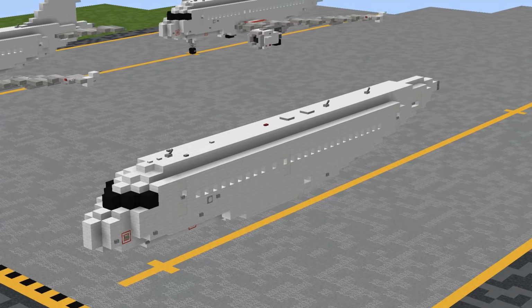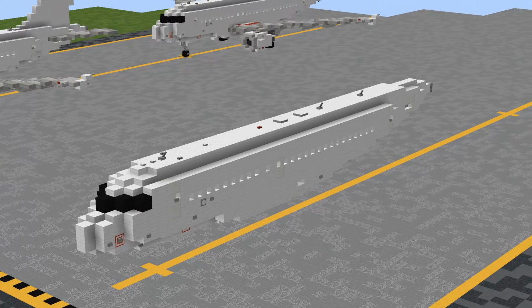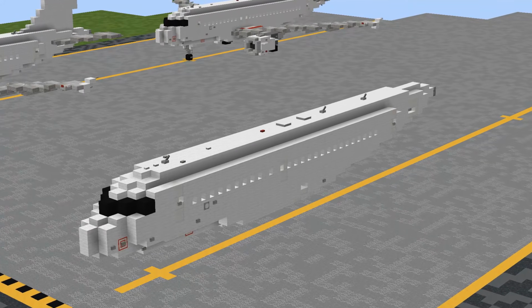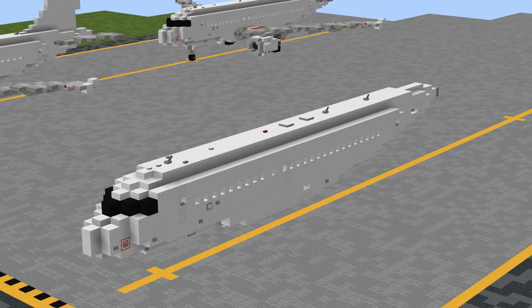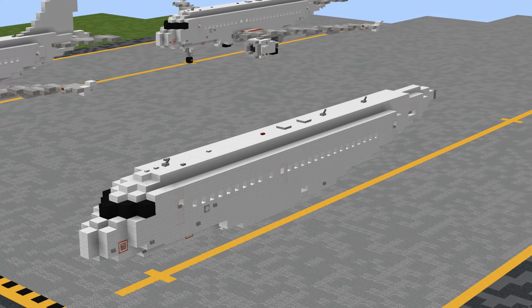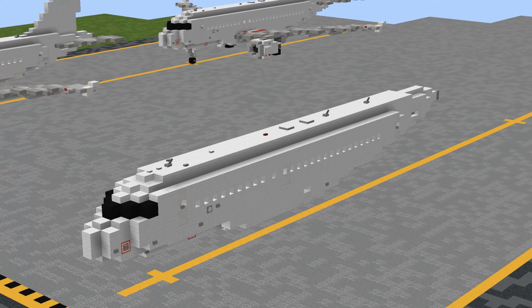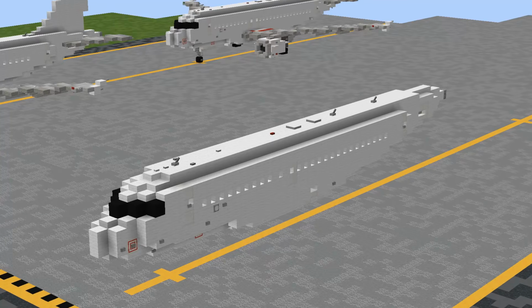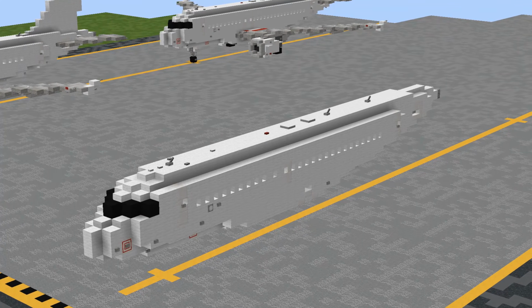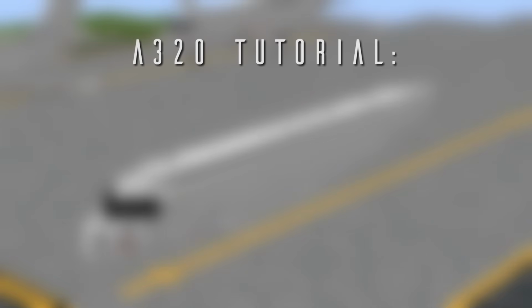So, with the fuselage done, the next steps will be building the vertical stabilizer, horizontal stabilizer, wings, and engines. Since these are shared between all members of the A320 family, as discussed in the introduction, we'll be referencing our Airbus A320 tutorial to build these instead of just building them again here. To start with, to make things easier, we'll be building just the base wings without the wingtip or engine options yet. So, head over to the A320 tutorial and use the timestamps in its video description to skip ahead to